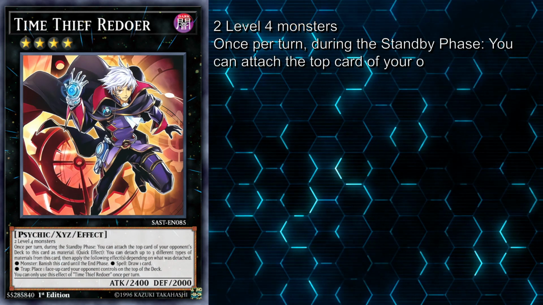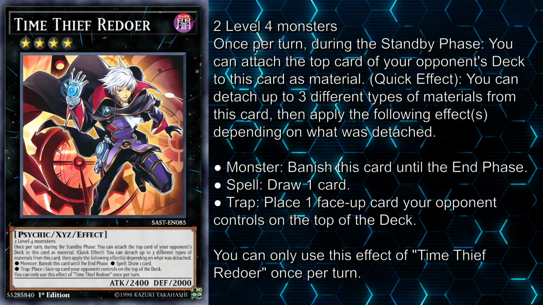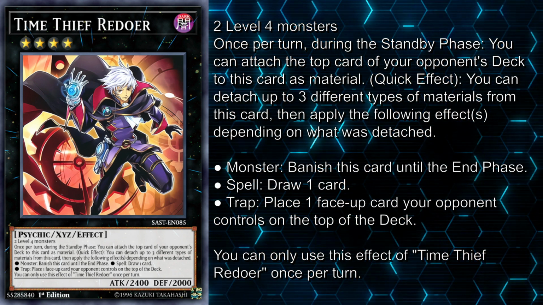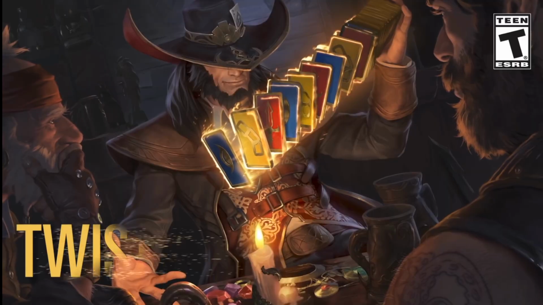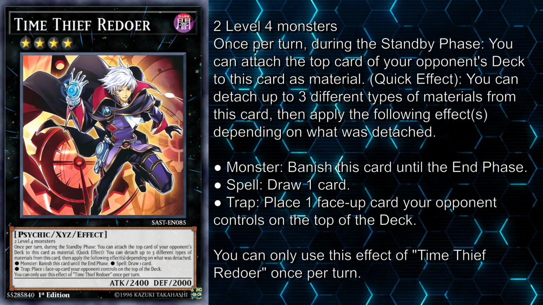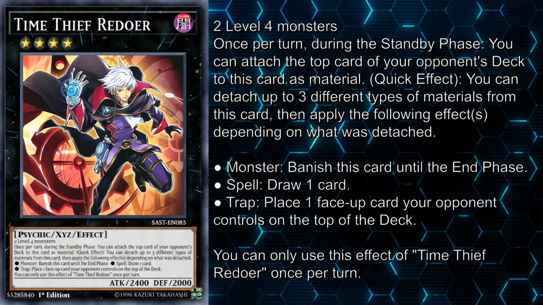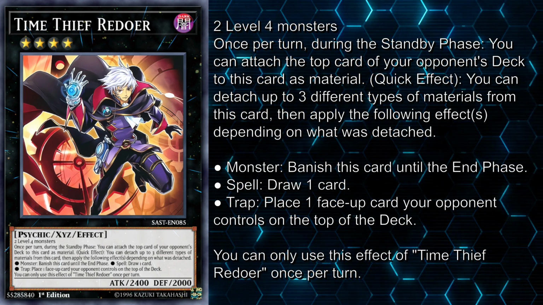Time Thief Redoer is without a doubt my favorite monster. Not only does he have one of the most unique interactions within the entire game by stealing cards from the top of your opponent's deck, or from his perspective, their future, but he completely encompasses what I love about this archetype. Only fools play the hand they're dealt. And out of all other archetypes, no other card inhibits this philosophy and makes use of your opponent's deck like he does. He can spin, he can draw, and when your opponent finally thinks that they've caught him,